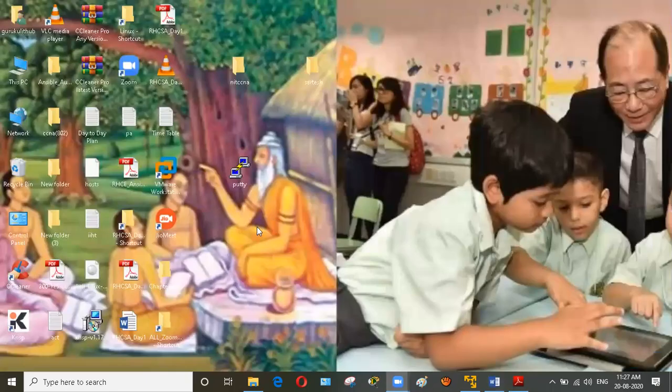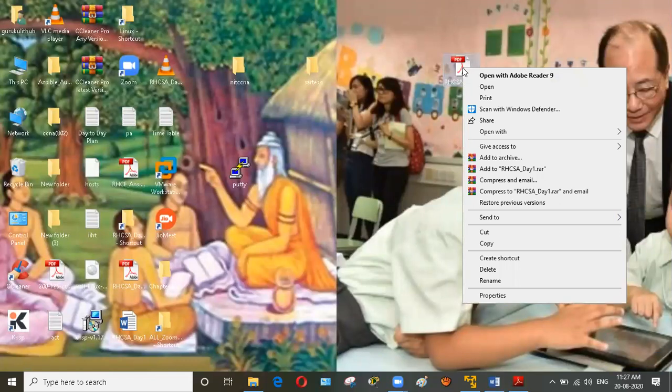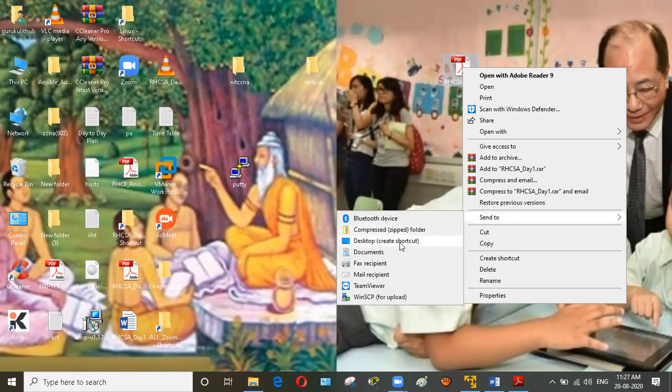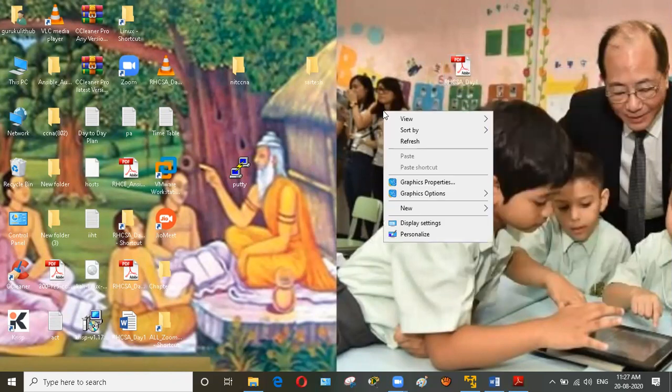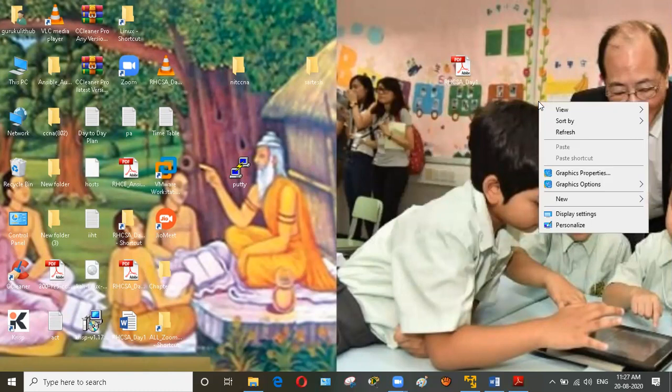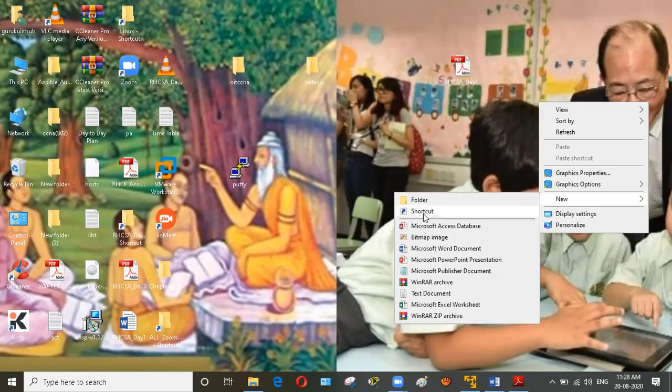Suppose we have a Windows machine and we want to create a soft link of this particular file. What will I do? First, right click this particular file or folder, send to, and create a link, just like a shortcut. When we want to open any file from any location, we can create a soft link. Suppose we want to create a soft link, then right click on any location, like desktop or documents, then New, then click on Shortcut. It's just like a soft link.